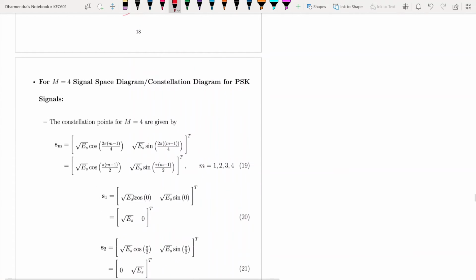Similarly, for M equal to 4, PSK is also known as quadrature PSK, quadrature phase shift keying, because if M is 4, each phase differs by pi by 2. This is quadrature phase. Each waveform differs in phase by pi by 2. Okay, so substitute capital M equal to 4 in the equation